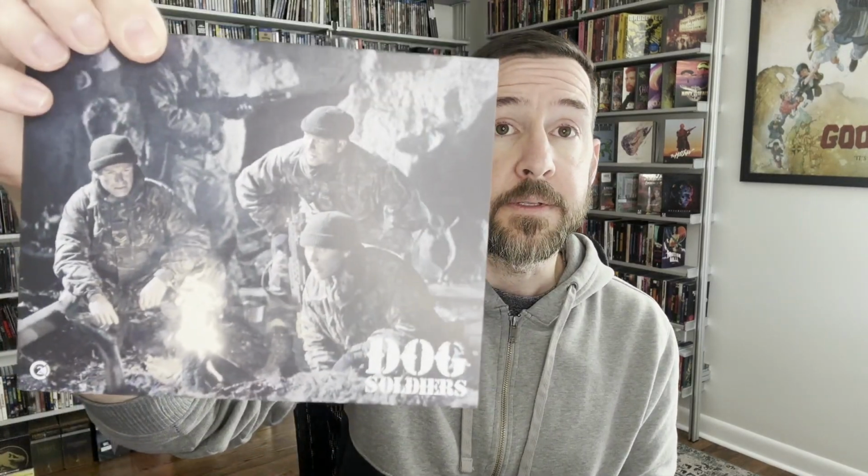Really nice artwork. That's just the front cover. Another one here. Oh, this one goes this way. All right, some character cards. I really like the design of the werewolves in this movie. I enjoyed it. I think it may not be for everybody, but I really thought that this was a quality werewolf movie when I saw it not too long ago. All right, so next up is It Follows,